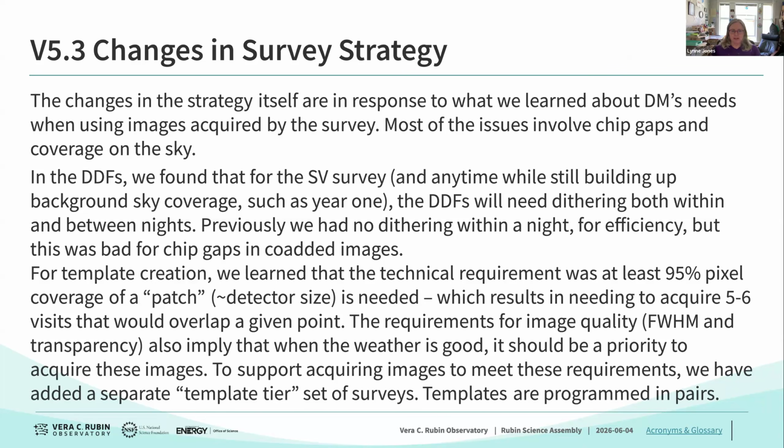So for the DDFs, in the SV survey, the DDFs were a little isolated and they didn't have wide fast deep coverage in the background. So the chip gaps that resulted from not dithering within a night were a big problem. As we're early in the survey still, and we don't have significant background coverage, we anticipate that we still need to dither within the night for the DDFs. It is possible that later in the survey we may not need to do that, but most likely during the nights with the very deep sequences, we would probably still need to dither within the night,